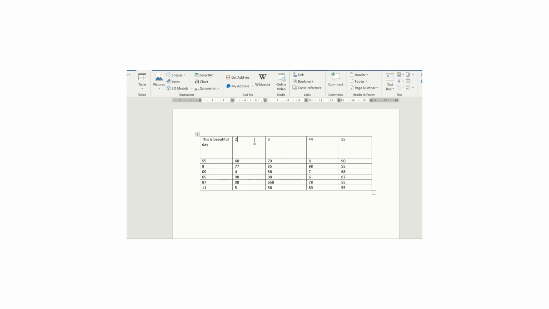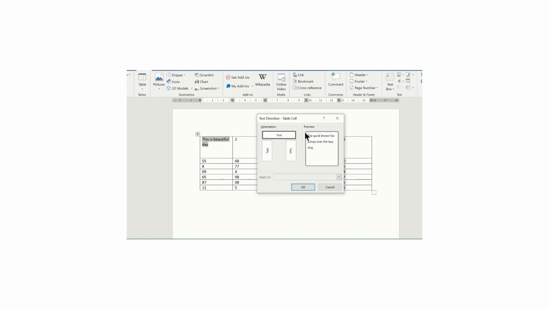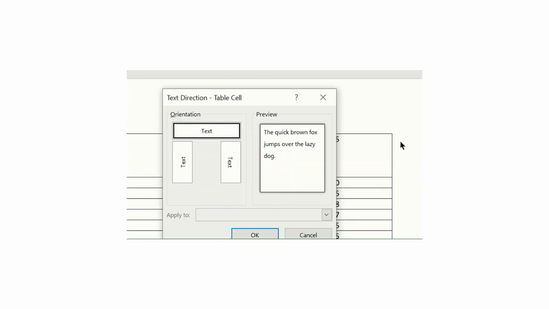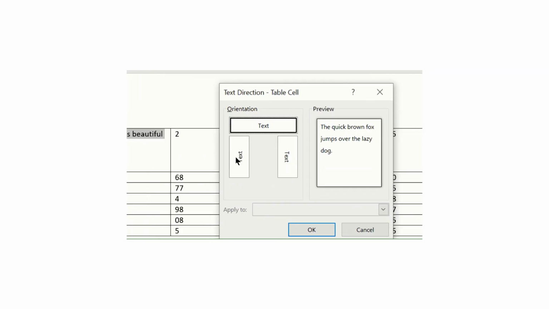Now let's see how to change the direction of the text. For that, select the text you want to change. Right click in that cell. You can see from the menu you can select the text direction option. You can see the orientations there in that layout. So 3 different types of orientations are there, and the text will appear according to that format. So first I am selecting. Now the text by default is aligned from left to right.